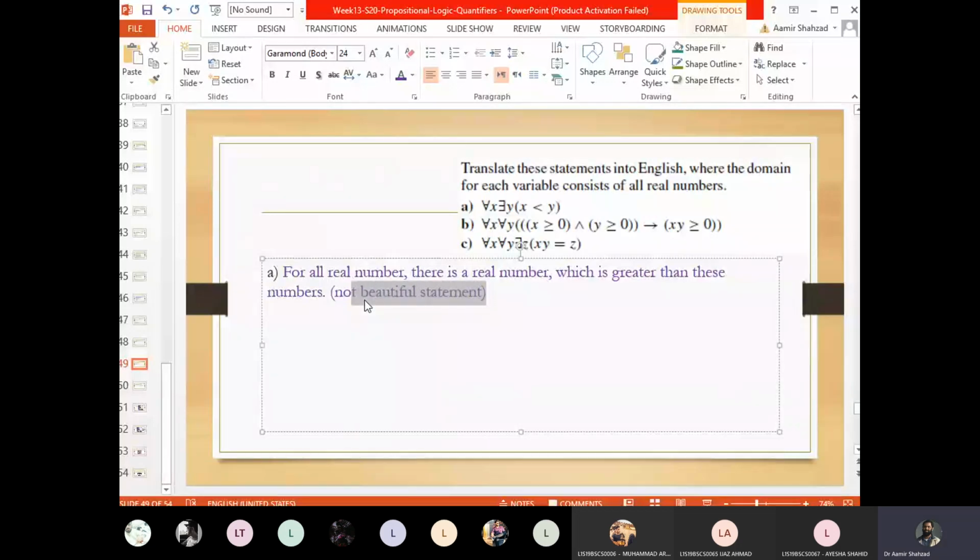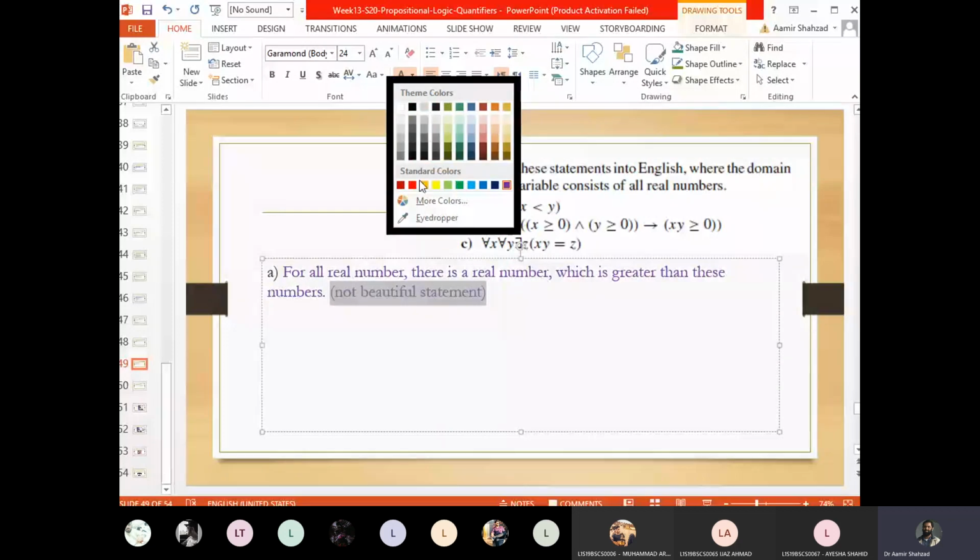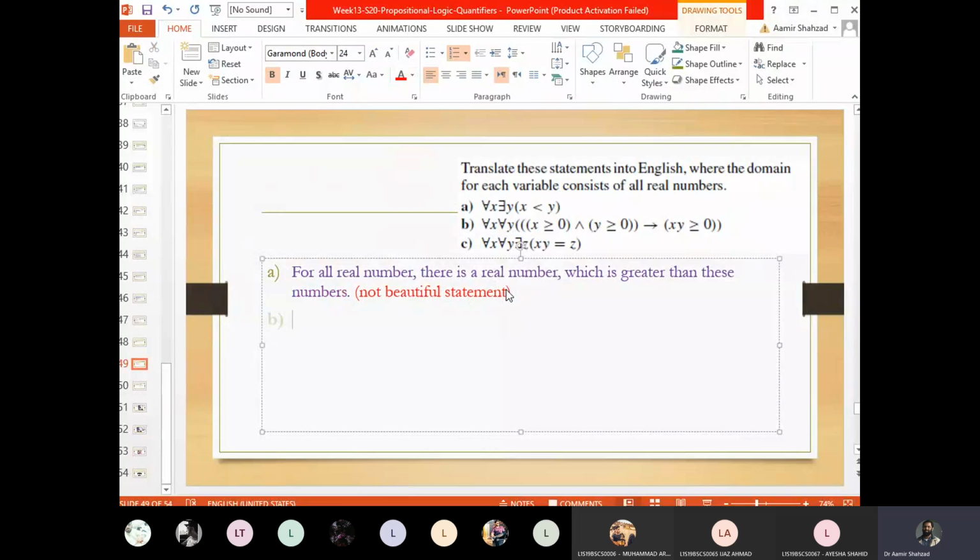जब हम आम जिंदगी में बात करते हैं तो हम इस तरह की बात नहीं कर रहे होते. We say things in different ways. So let's write it down that there are infinite real numbers. हमारे पास infinite real numbers हैं कि हमारे पास जितने भी real numbers हैं, we can always find a number which is greater than this number. और अगर हम इसको, वो भी एक real number होगा, अगर हम इसको भी हम अपने real number के set में डाल लें, again we can find another number which is greater than.